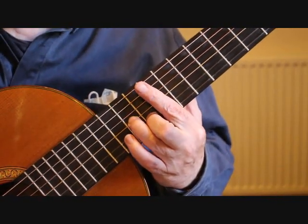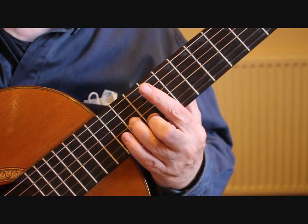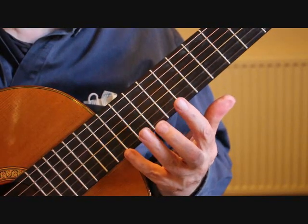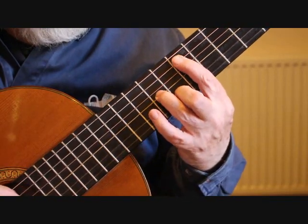Onto the second beat, we're now playing harmonics. So we're playing the 3rd and 2nd string at the 12th fret together, and then we play the 1st string. So that's playing